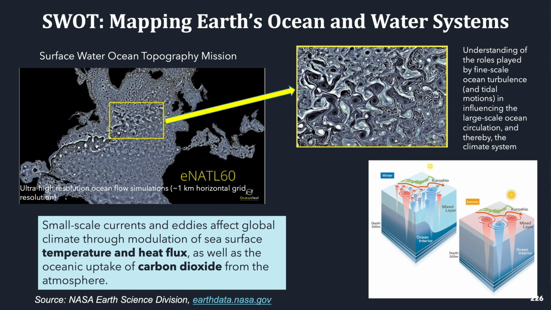This is a new mission. It's up. It's first taken data. It's called SWOT, the Surface Water and Ocean Topography Mission. Very high resolution information. And the reason I brought it to your attention is, so this is the ocean eddies. It's primarily aimed at looking at temperature and heat fluxes of ocean and eddies and oceanic uptake of carbon. But it has multiple applications